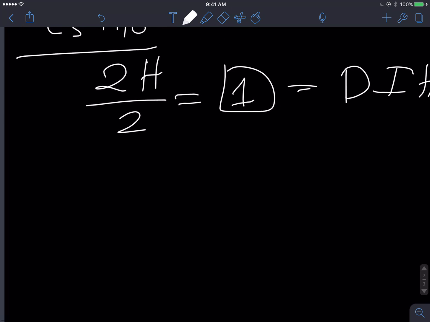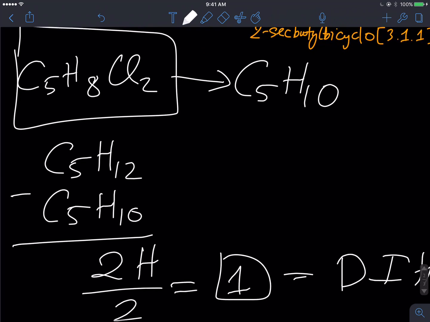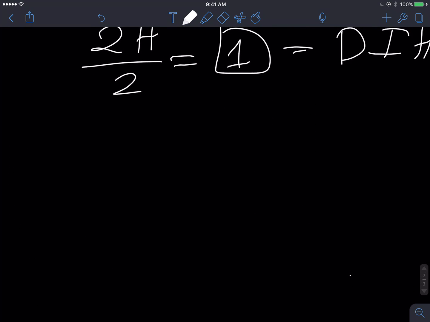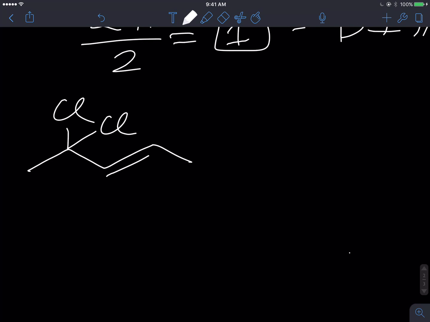So try the double bond, right? You try the double bond, C5H8Cl2, 1, 2, 3, 4, 5. One double bond right there. One double bond and 2C. 1C, 2C. Is C5H, 3 hydrogen, 4, 5, 6, 7, 8. That's the first case. The second one, you move the chlorine,